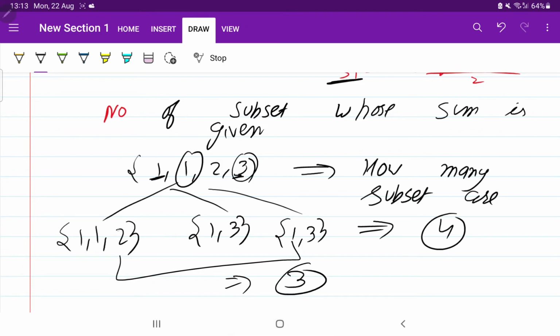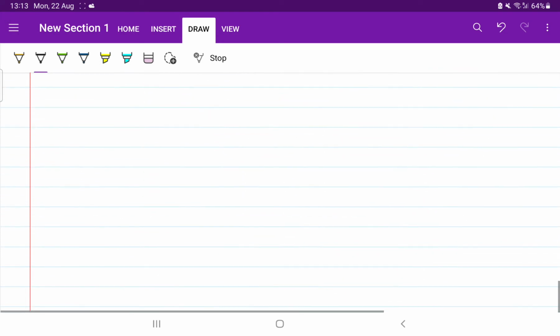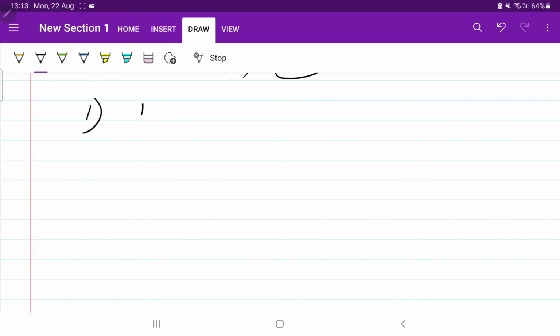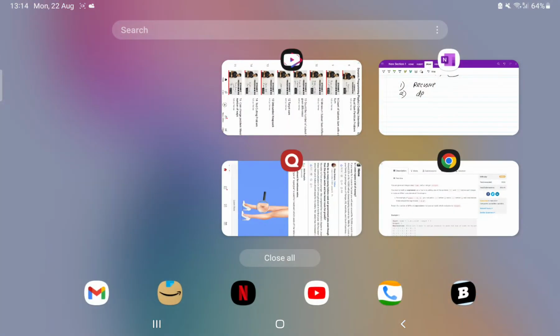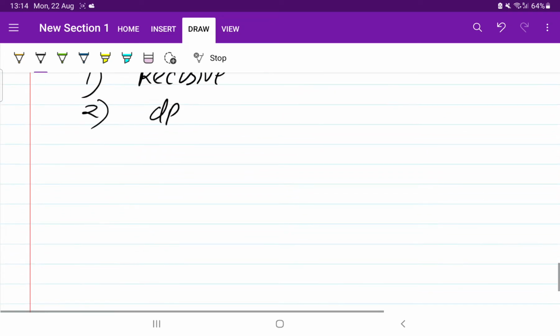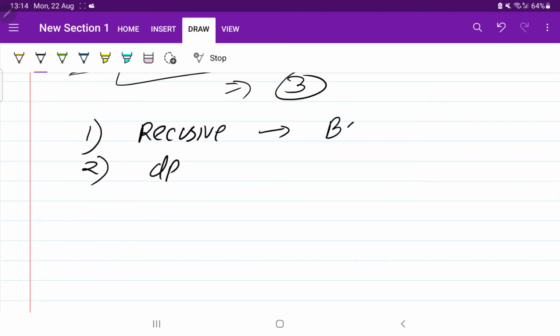So we need to check how many subsets we can form by this, and this was the first question of our series. Okay, we know that this can be solved in multiple ways. There are two ways to solve this question. First is the recursive approach, second one is dynamic programming. So I will explain both the approaches, recursive as well as dynamic programming. Okay, so what do we have to do in the recursive approach? In the recursive approach, we need two things. First is the base condition.